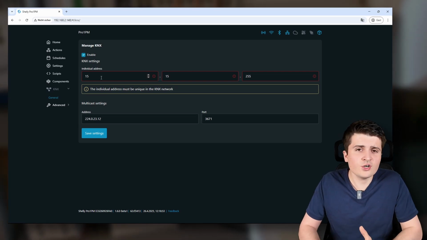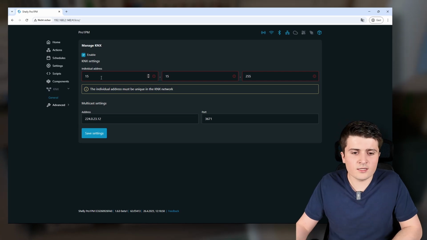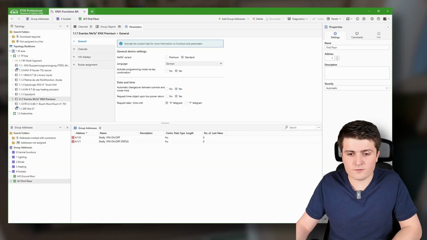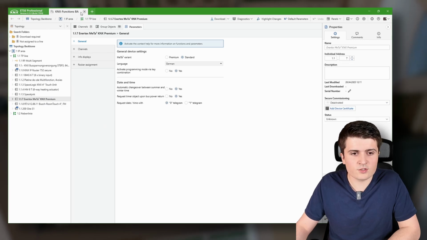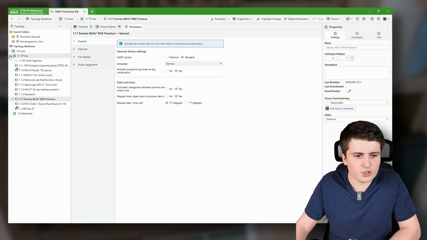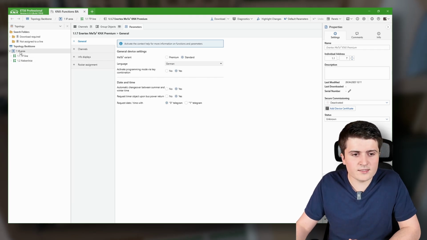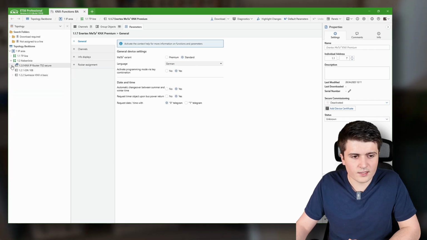Now here you could use any if you want, but if you want to do it correctly, well then you should definitely first of all check your KNX installation, which I want to do now. So I'm here in my sample project, and in here you can see the topology that I'm using. In my case I have an IP area consisting of two twisted pair lines, and those two twisted pair lines